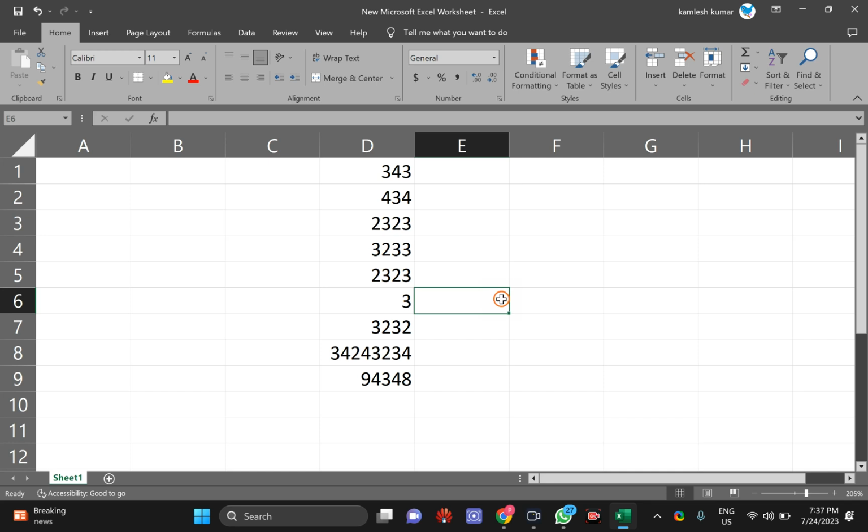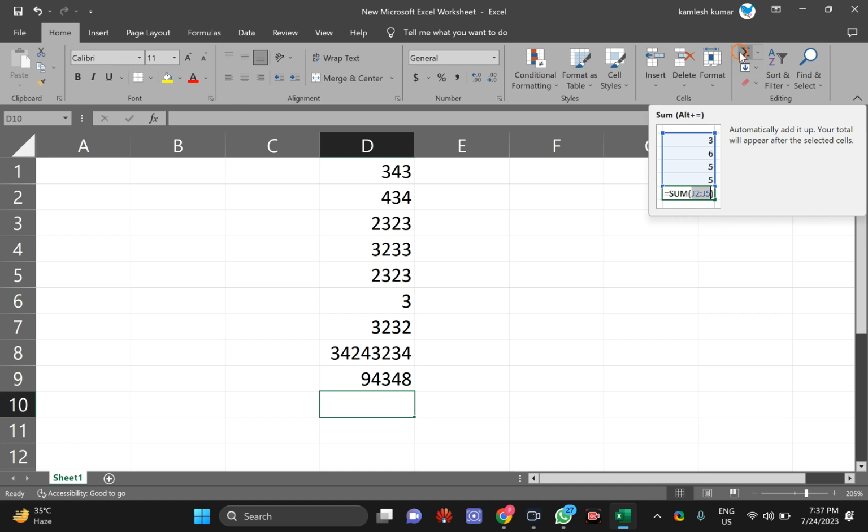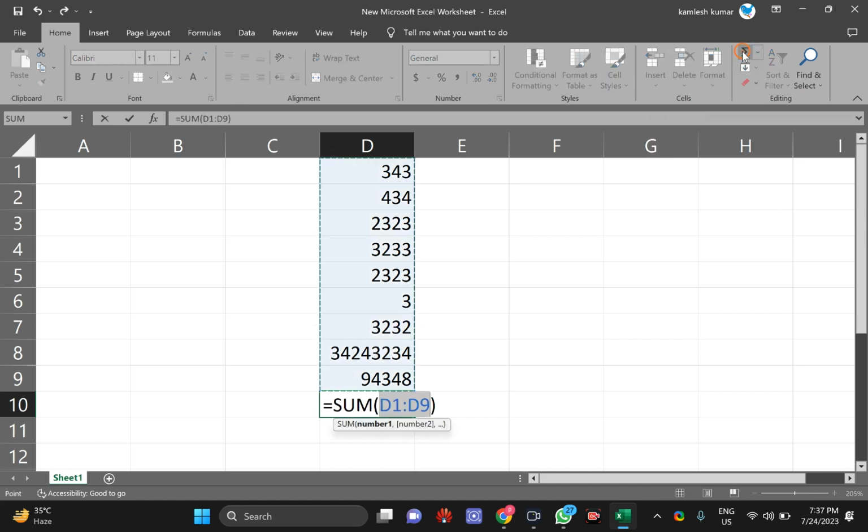First one is the auto sum function. Suppose this is the data and I want to sum it here, so click on this cell and then go to the Home tab, and then the Editing tool. Here you will find the Sum button. Just click on it and you will see all the cells have been selected. If you want to uncheck some cells, you can simply press Ctrl and then use this function like this.